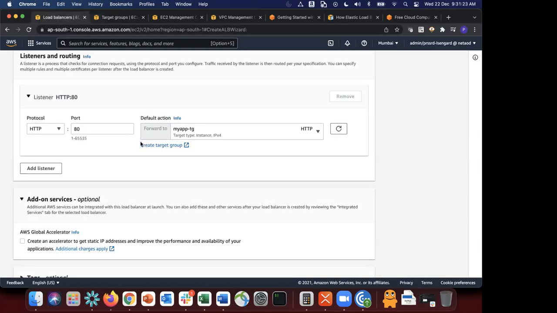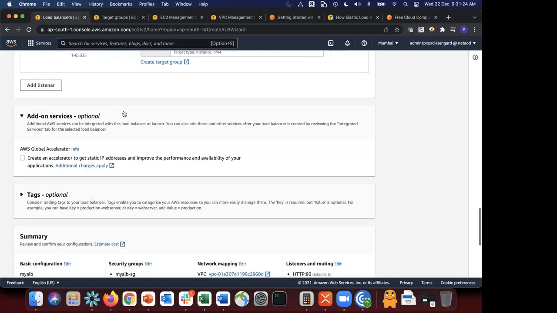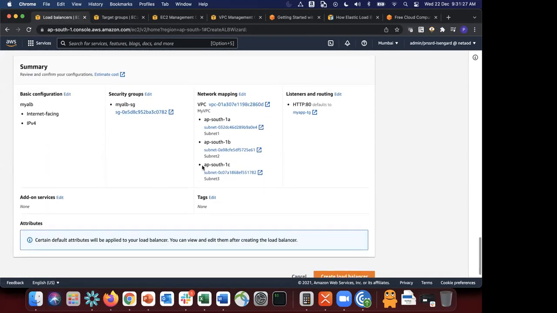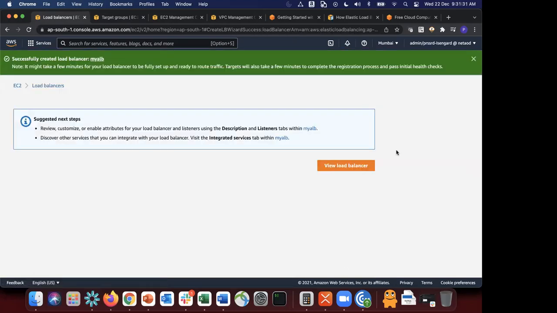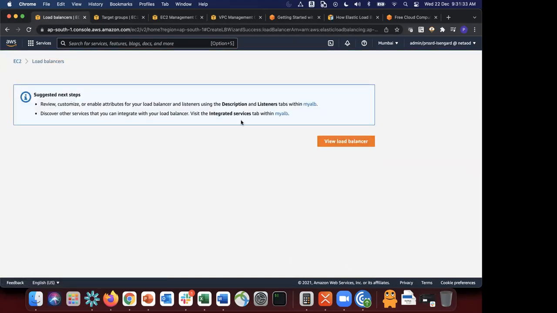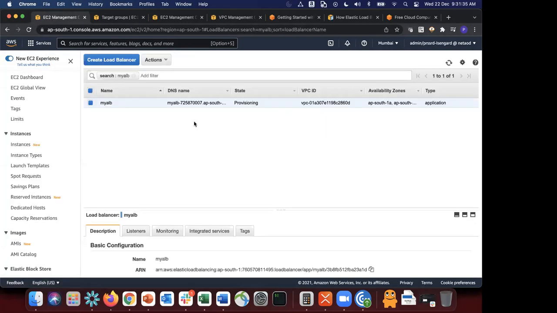Okay, now let's come back. This is a listener that I've created, and this is the summary. So let me just go ahead and create the load balancer, right? So let me just go ahead and click create load balancer. So now you have successfully created the load balancer. It will show the state as provisioning,